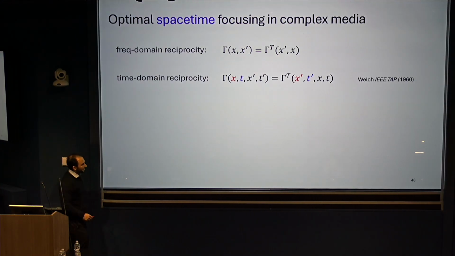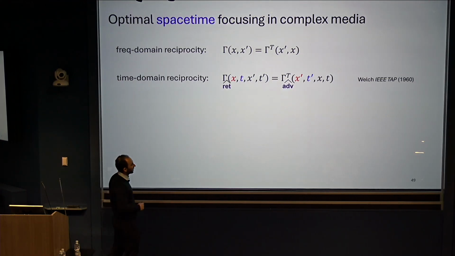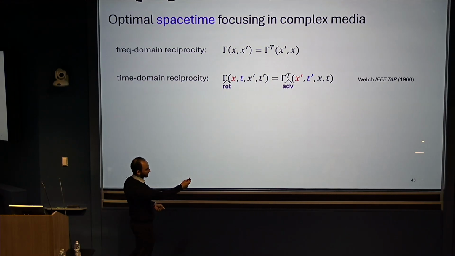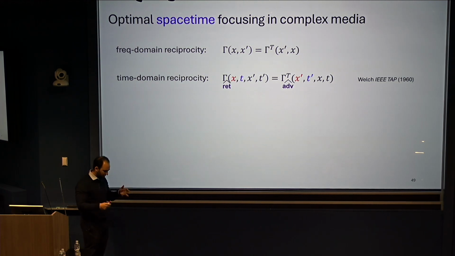All right, in space-time, I will just say you can use exactly the same principles. You want to be a little careful about how you use reciprocity in time. Often when people use reciprocity in time, they relate the retarded Green's function at one point in space-time to another one, to the advanced Green's function coming back. The problem here is if you want to use this prescription to focus light in time in a medium, you'd have to run it backwards in time or use time reversal invariance.